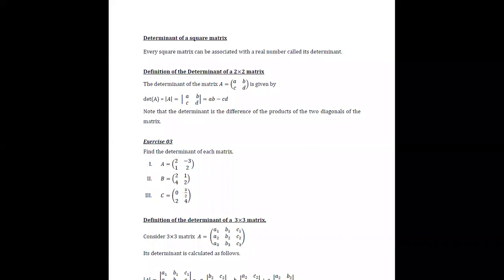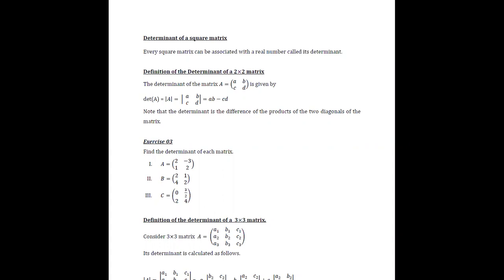The next concept I am going to discuss in this session is obtaining the determinant of a square matrix. We are obtaining determinants only for square matrices. We are not going to discuss obtaining the determinant for a rectangular array of numbers. If you consider any given square matrix, it is associated with a real number. Then this real number is meant to be the determinant of the given matrix.